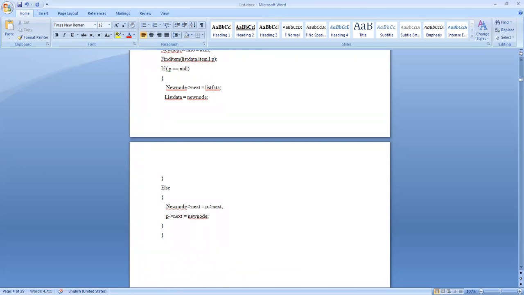Next, I consider the case of deleting a node. We should be a little bit careful about this. You might delete from the beginning of the list, or the last element, or you might delete a middle element, or you might delete a single element list.